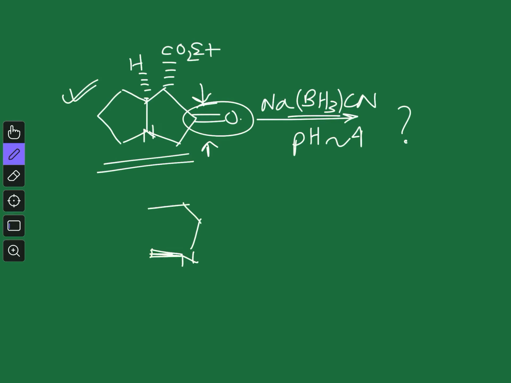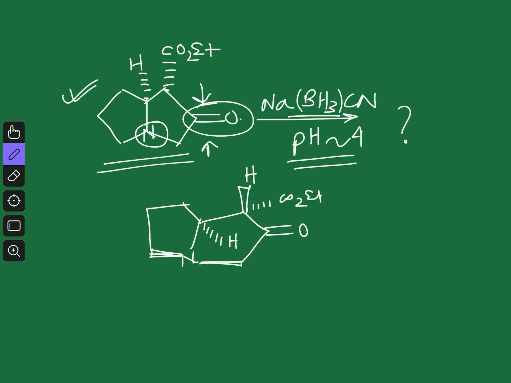Now the drawing should be clear so that you can understand this. Okay, so this is the drawing, you can see. Here we have the carbonyl group, the ester group is here, and on the above you will have hydrogen, because here nothing is there, that means one hydrogen is there, and this hydrogen will be below the plane. Also this nitrogen will be protonated at pH 4, because pH 4 is mentioned here, and this is how the actual structure of the molecule will look like.